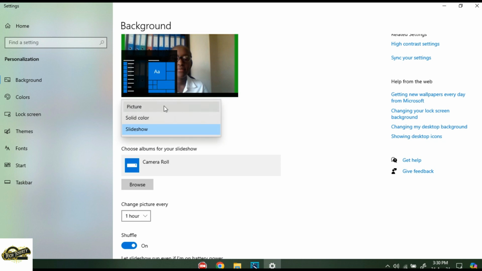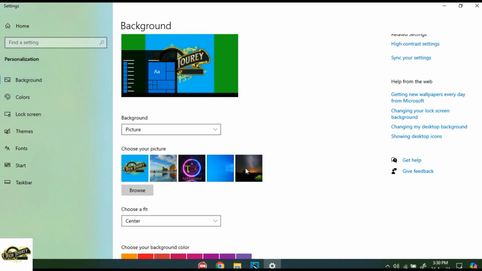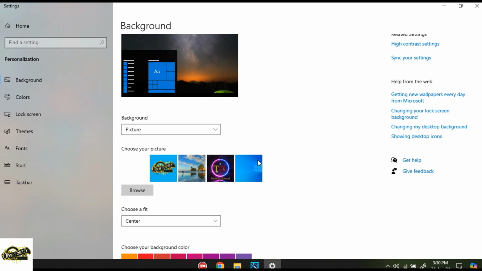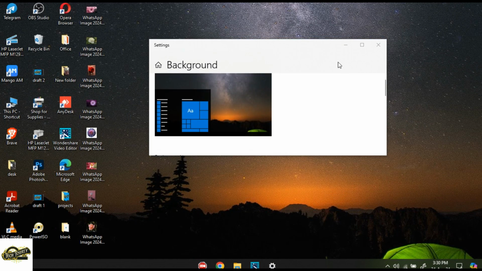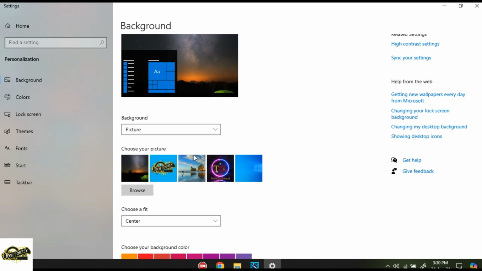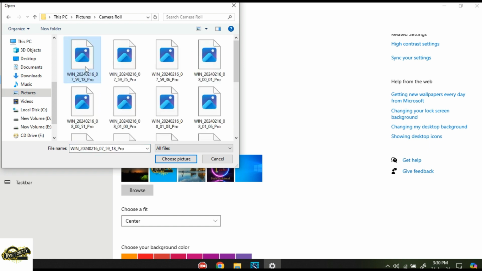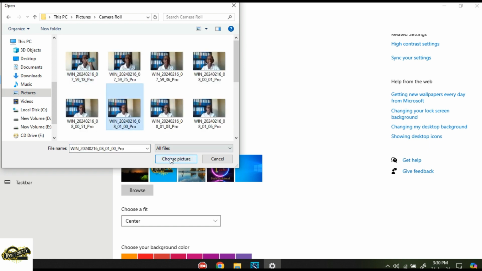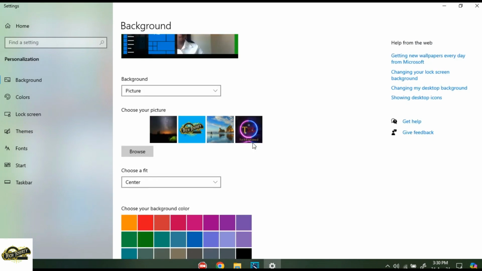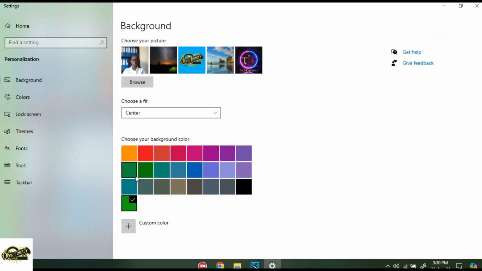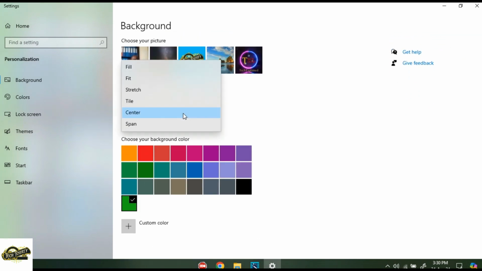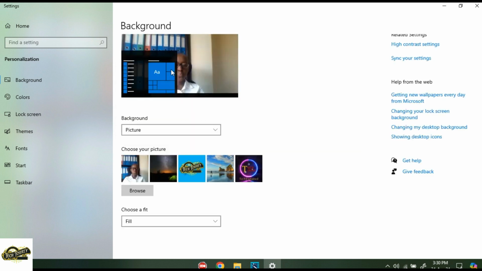Finally, we have picture backgrounds. Here, we can choose one of the Windows images. These are the ones that come by default when you install Windows, or we could just select one random photo of your choice. You can also choose how you'd want it to appear on the screen, either